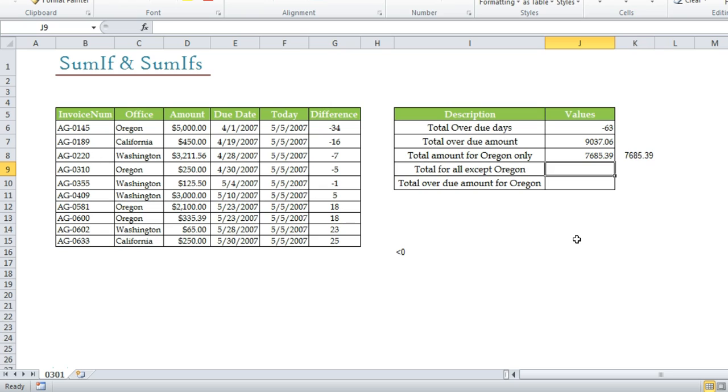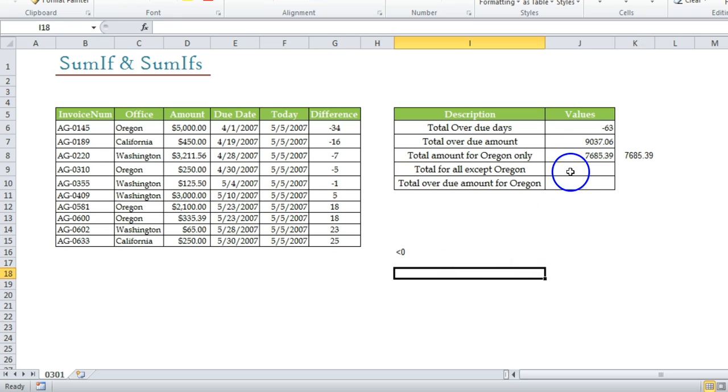In this case, we are going to use SUMIF again, but there is a catch with the criteria. I'll show you. The problem lies in only one thing, which is not equal to Oregon. We need to talk about not equal to Oregon. Now, what is the not equal to symbol? That would be a catch.